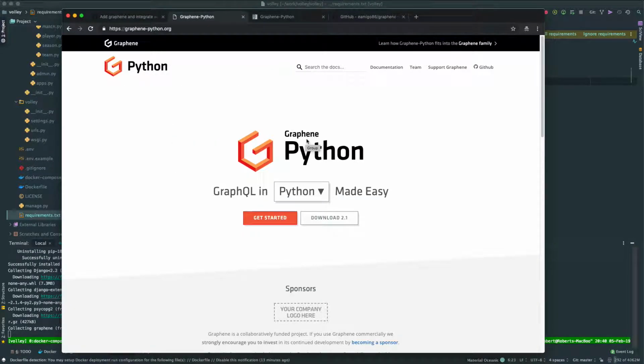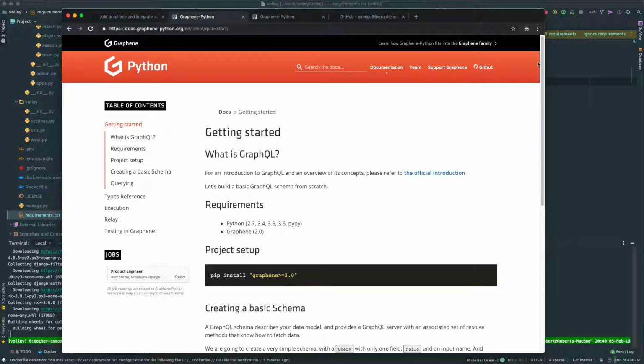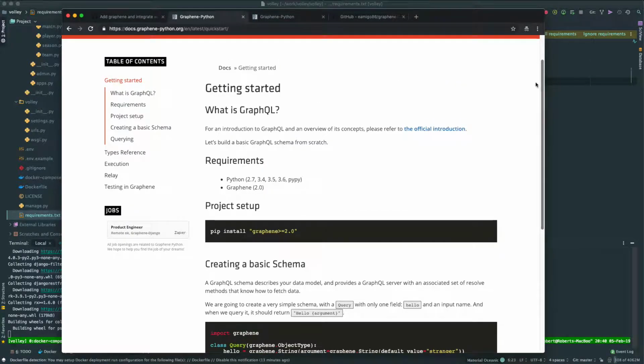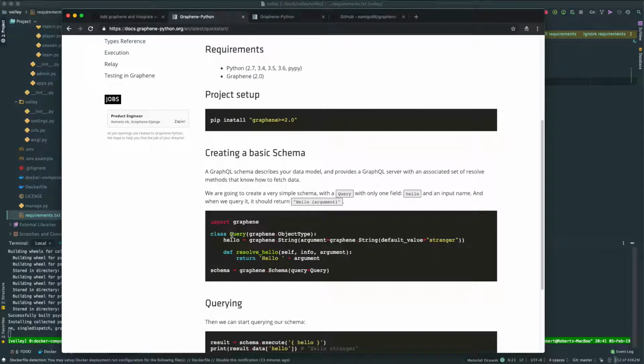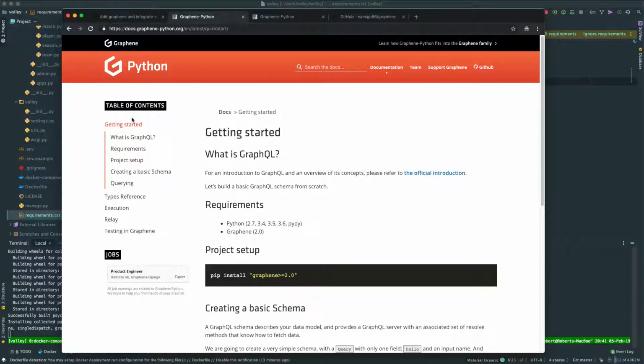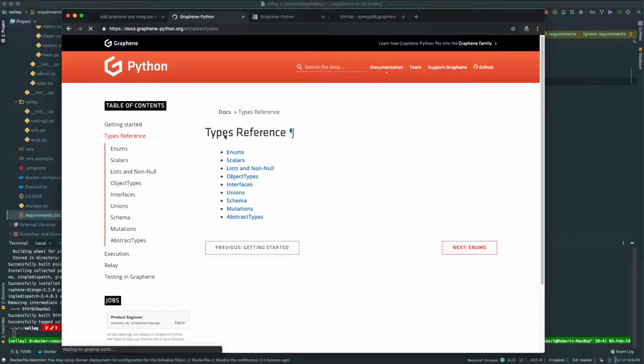Graphene. As I mentioned, it's actually the core of everything we do in Django and in GraphQL in general. The easiest way to see is to go to the docs and look around, play around with it. Yeah, we're just installing the 2.1, I guess. And it allows us to create queries, mutations. I think it's somewhere in docs. Queries, mutations, subscriptions. I think it has a bunch of types,